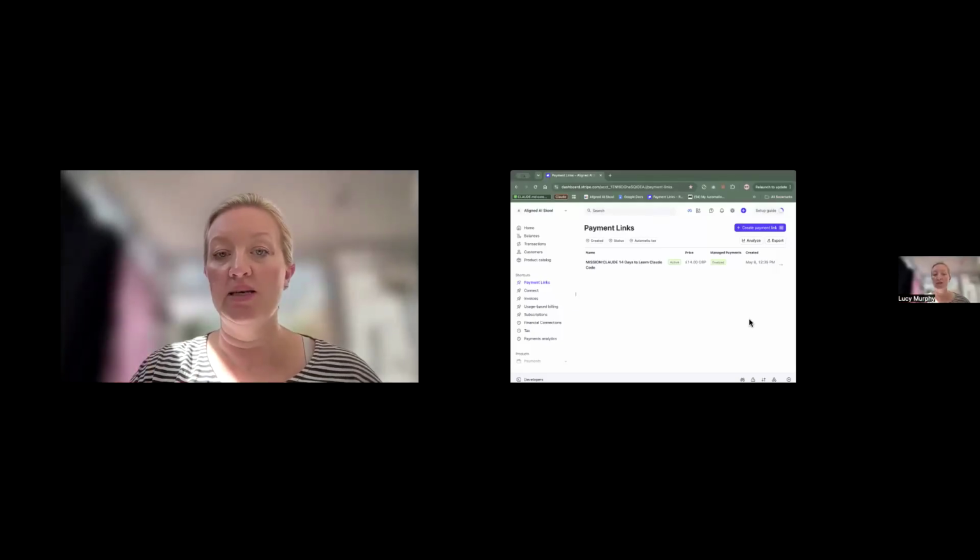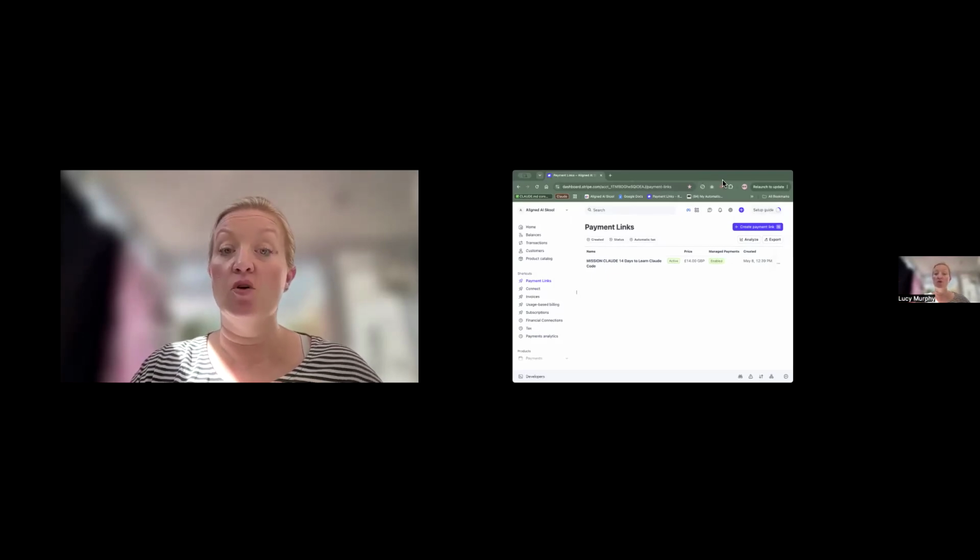Setting up a Stripe link so that you can accept payment for your apps that you created in either Claude Code, Claude Cowork, or Lovable is really quite simple. So the first thing you need to do is set up a Stripe account. There is an element of verification because obviously you're going to be receiving money this way. So once you've got set up and you've authenticated your login and everything else, then you go to your payment